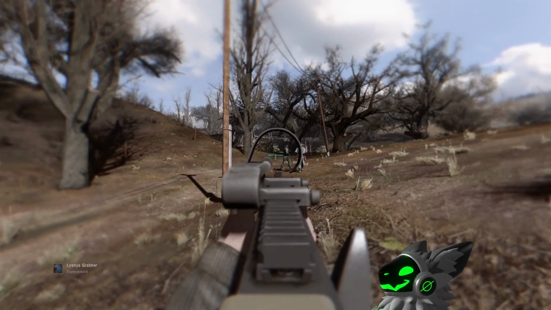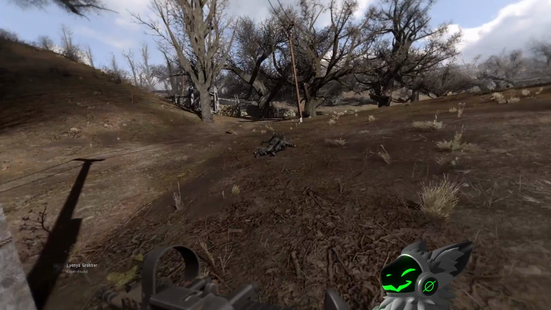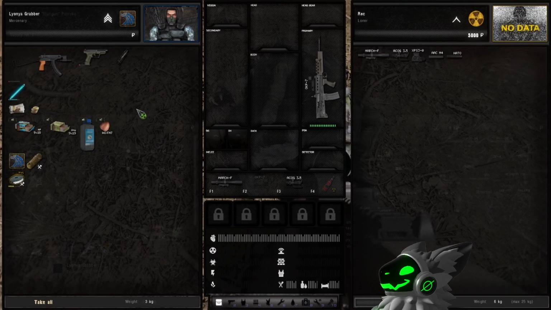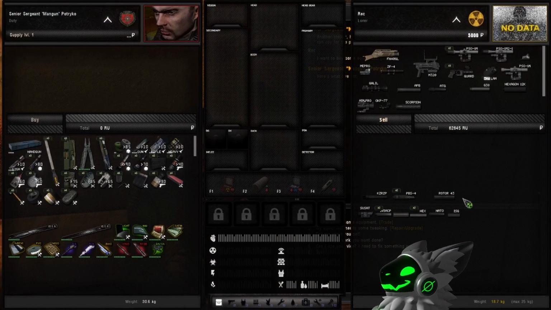When looting a Stalker, there are some items that are worth taking to make money. One type of item you should always be looting is weapon attachments. These can be found on most high tier Stalkers' weapons, such as Mercenaries, Monolith or ISG. Selling these attachments to a mechanic can earn you a lot of money, as some suppressors or sights are worth